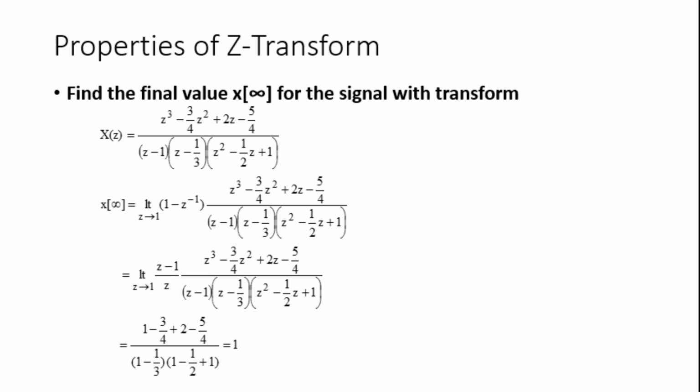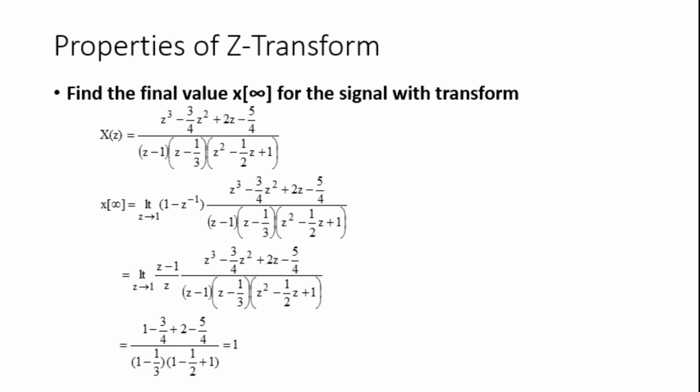Then x of infinity is equal to limit z tends to 1, 1 minus z inverse into z cube minus 3 by 4 z square plus 2z minus 5 by 4 divided by z minus 1 into z minus 1 by 3 into z square minus 1 by 2z plus 1, which is equal to limit z tends to 1